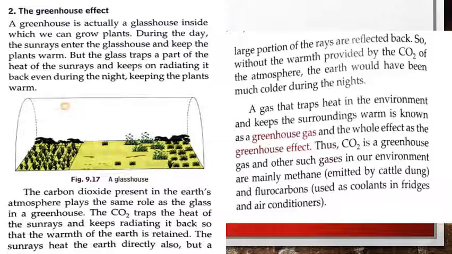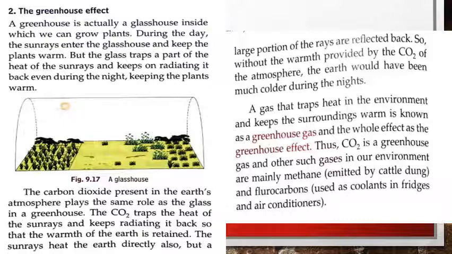A gas that traps heat in the environment and keeps the surroundings warm is known as a greenhouse gas. Whatever gas does this work will be called a greenhouse gas, and the whole effect the greenhouse effect. That is, all these gases which are doing this work are greenhouse gases, and the effect that they are showing is the greenhouse effect. Thus, carbon dioxide is a greenhouse gas, and other such gases in our environment are mainly methane,